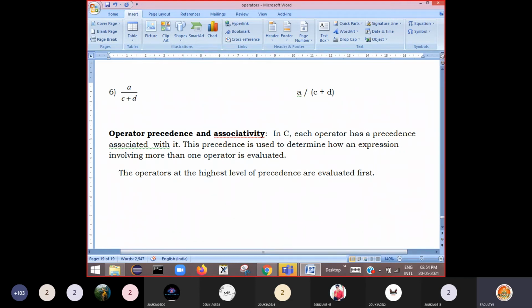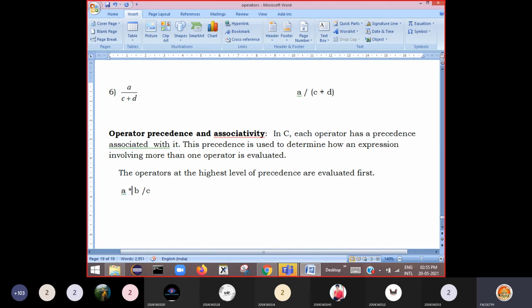Assume that there are two operators with the same precedence, then how should it be done? Say for example, you have an expression like A multiplied by B divided by C. Then how does it perform the calculation?